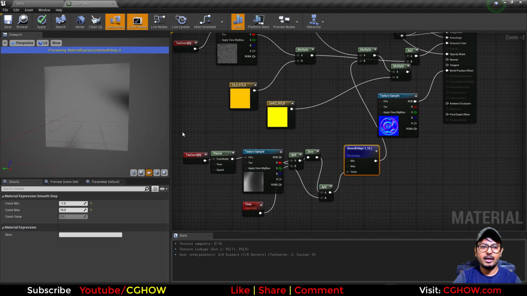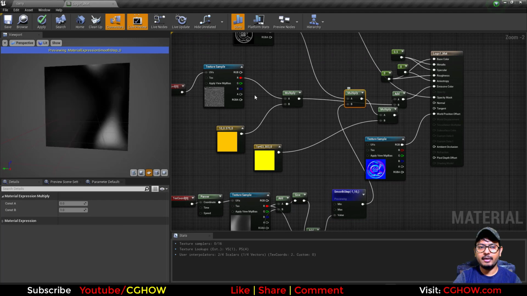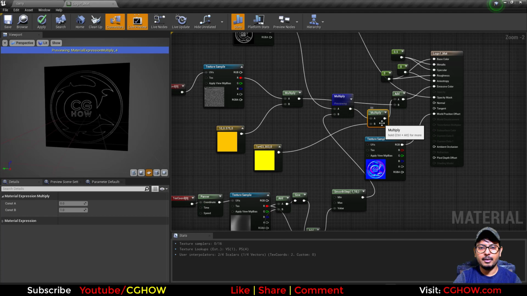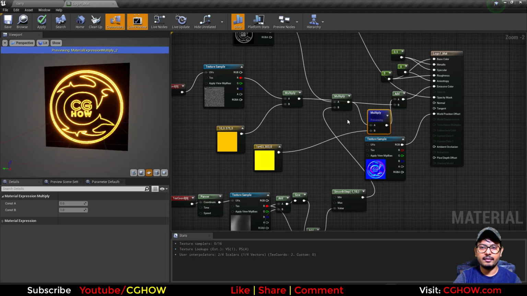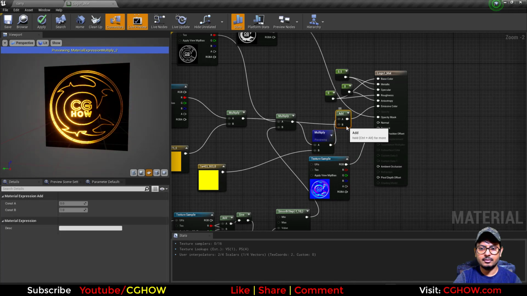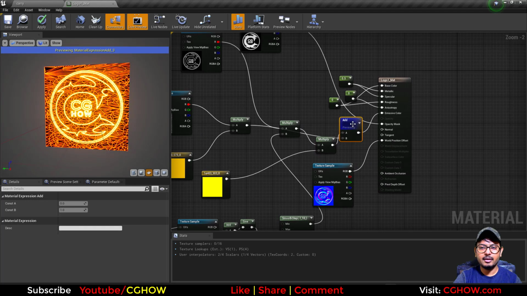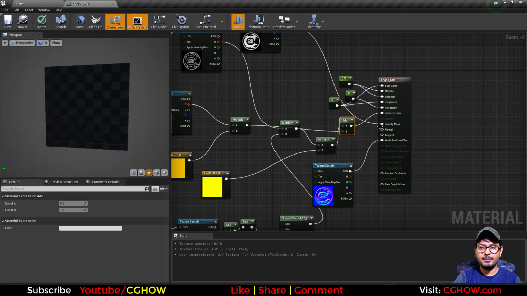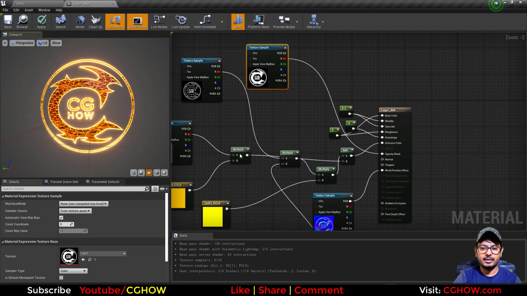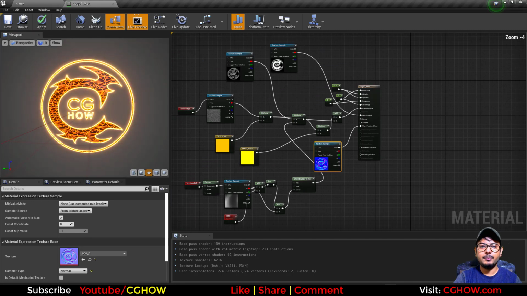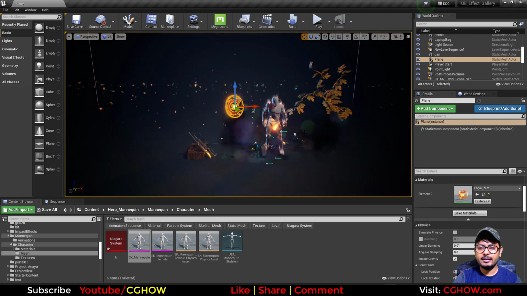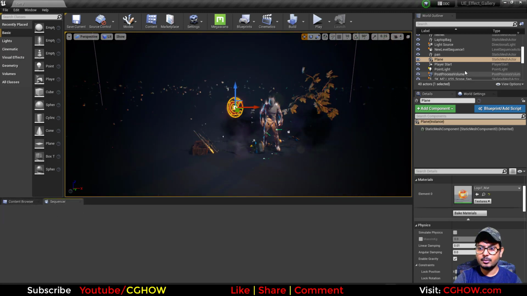Okay, so here I got this, and then multiplying with the edge, so these edges behave like this, then multiplying with color, so I have this, and then adding this wireframe on it, and this is going to emissive. Because my opacity mask is cutting through this, only this thing is visible, and I have a normal map, so this is quite easy. So I think everything is clear, and here in sequencer